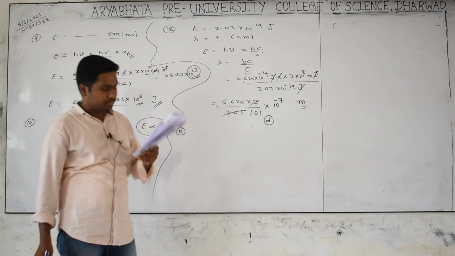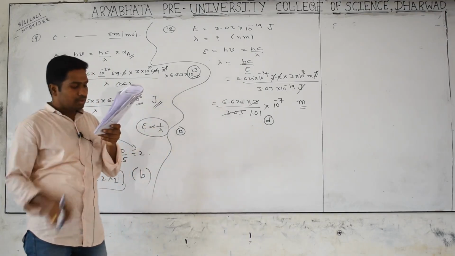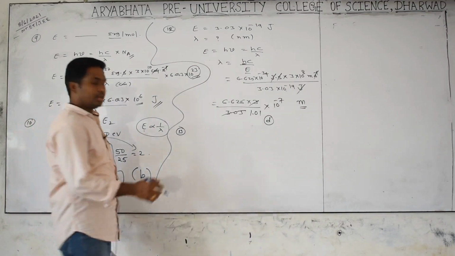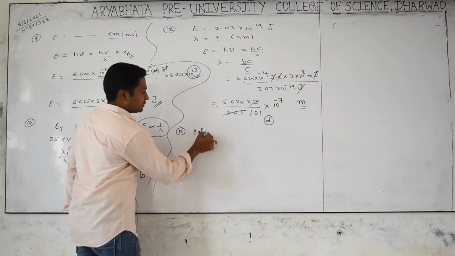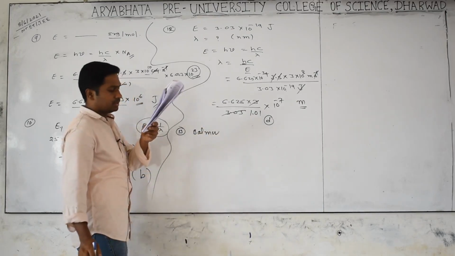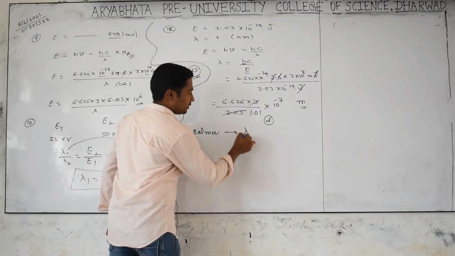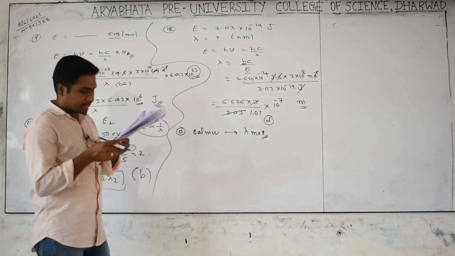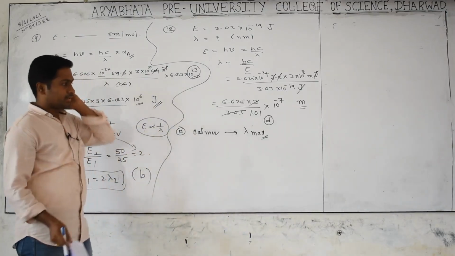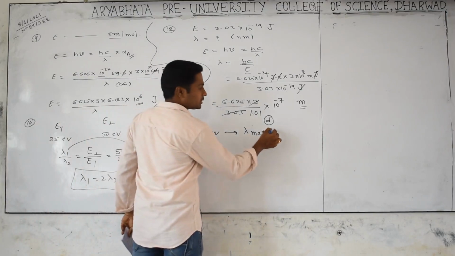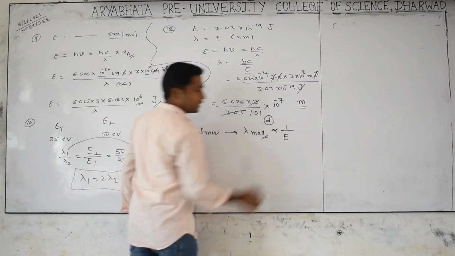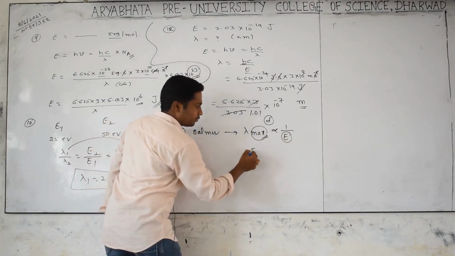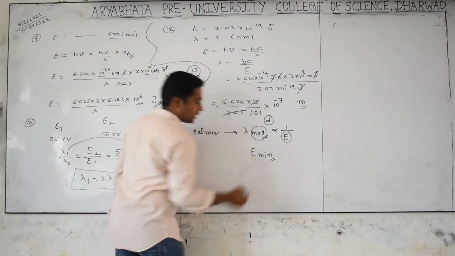It is a very important problem. You see the 13th problem, what is it telling? What is the longest wavelength line in the Balmer series of the spectrum? The Balmer series is mentioned, very good. The longest wavelength means wavelength will be maximum. Look carefully: wavelength is inversely proportional to energy, that is the first point. Wavelength is maximum means energy will be minimum. I want minimum energy.